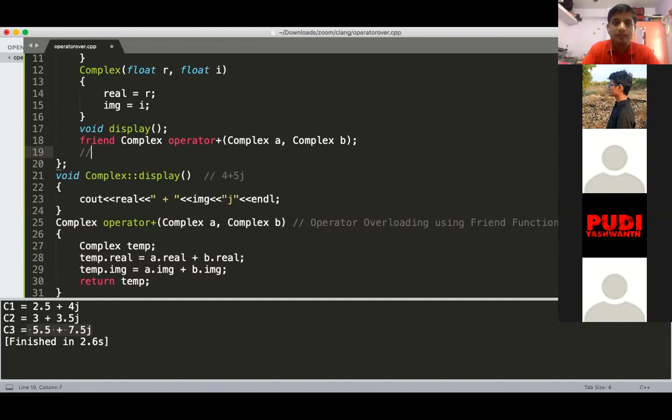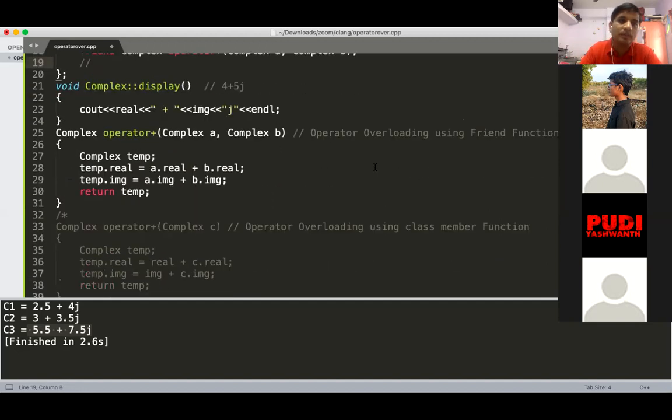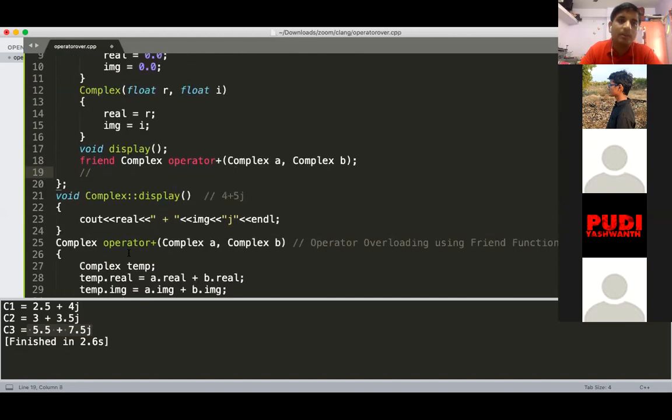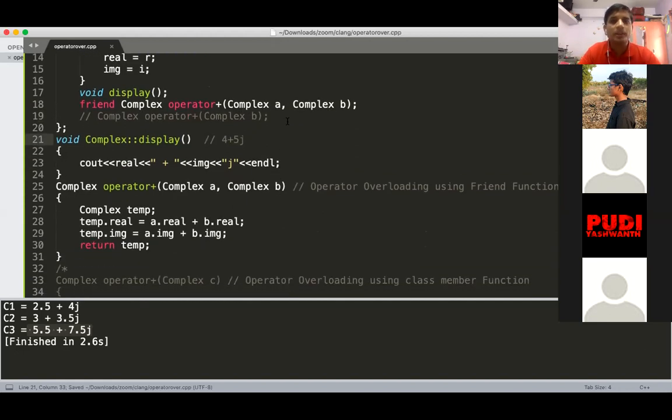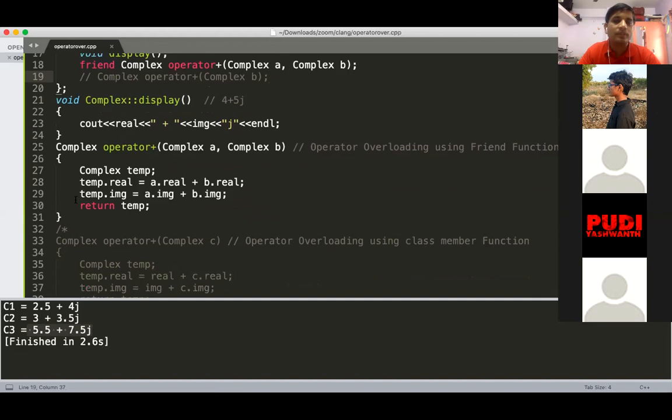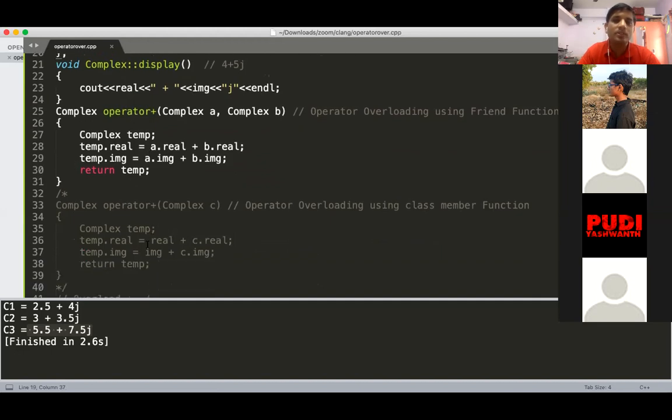And here again, instead of this implementation, if I'm using the member one, then we need to define this. Okay, so both implementations we have done, using the friend function and using the member function.